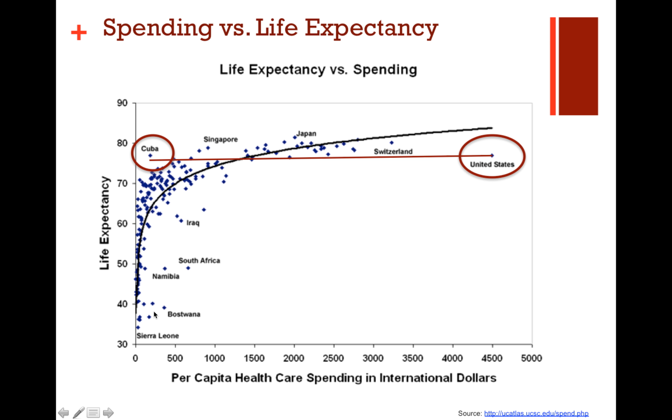Now, obviously, what you don't want to do is spend little and get little, which happens. But if you look somewhere here around Japan, they spend significantly less, but they get more. And so there is a value in looking at what other systems are doing and why they're working. Now, there's all sorts of reasons why this can or cannot work in the United States, and those, again, are all up for debate and discussion. However, what we know is what we're doing right now is not getting us the outcomes that we would expect for any other investment.